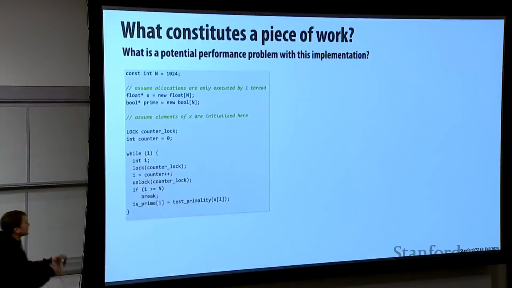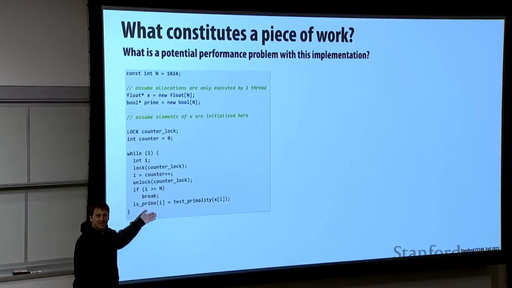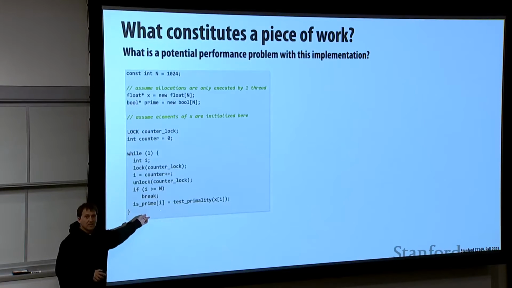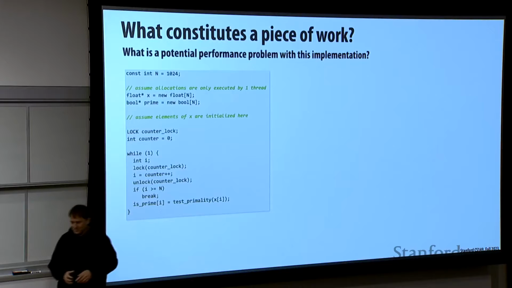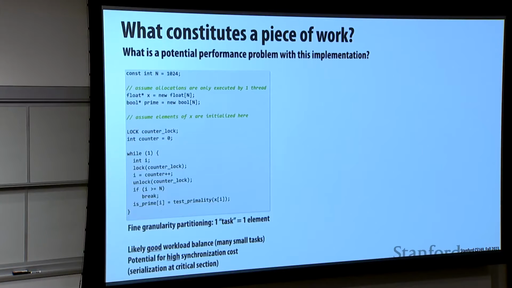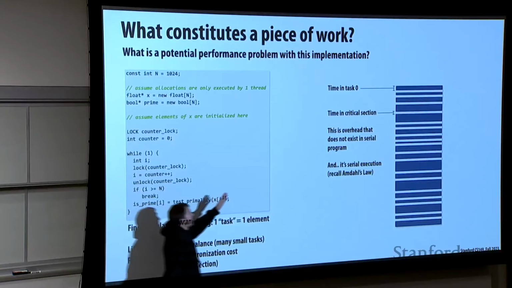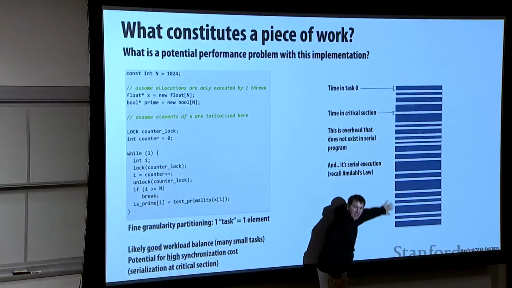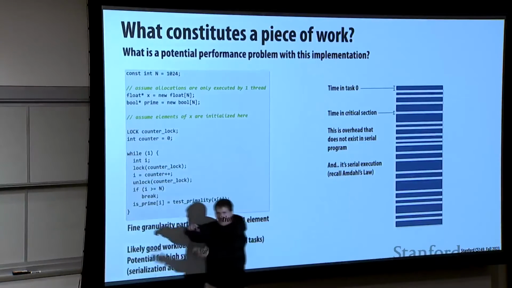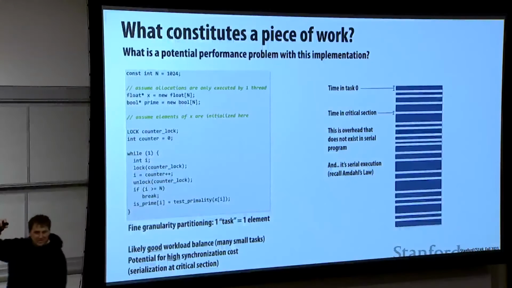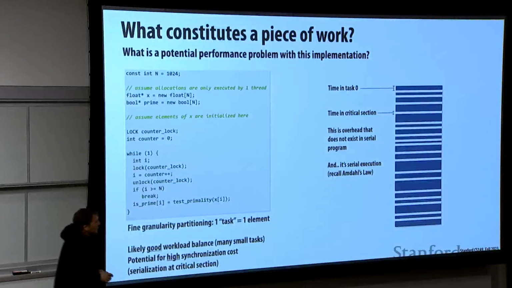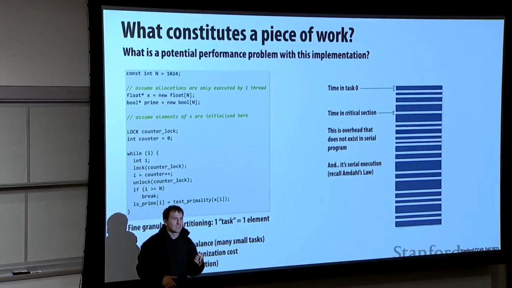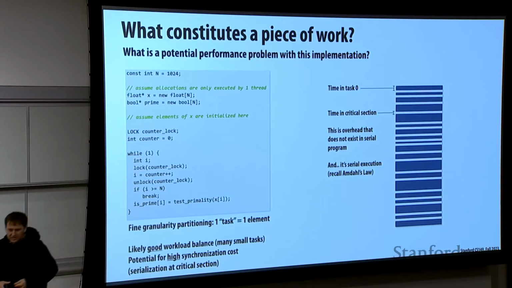Okay, so that gets to what constitutes a piece of work. In this program, the unit of scheduling or the unit of assignment is what? It's one number. So if I plot this out, let's think about this being time. Imagine this is a plot of one thread. The blue bars are time spent testing primality or running the ISPC task, and the white bars are time spent grabbing the lock, incrementing that counter, and getting out of the lock. So the question is,